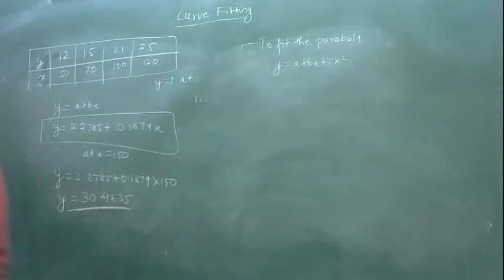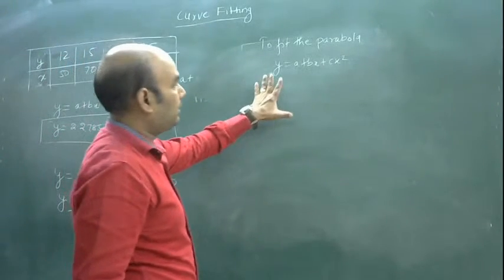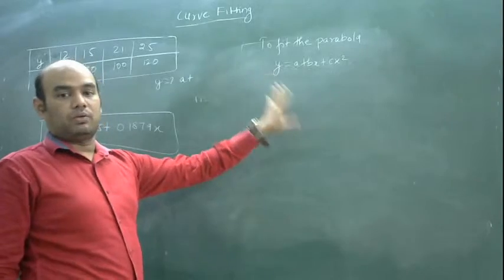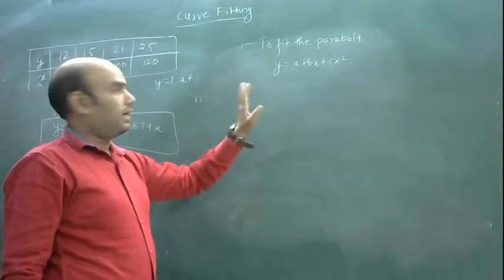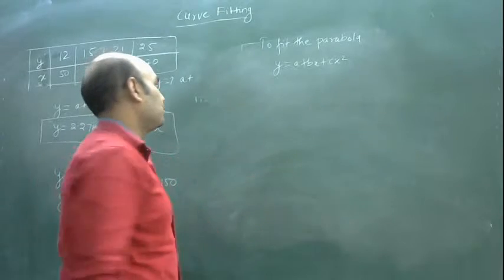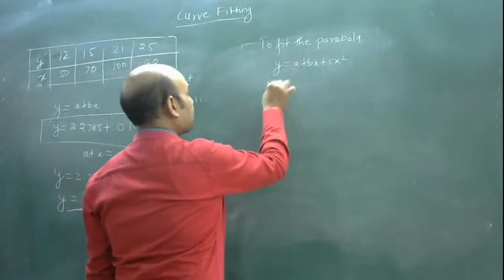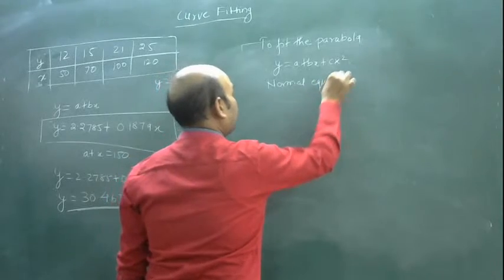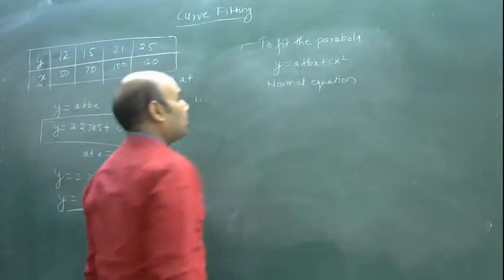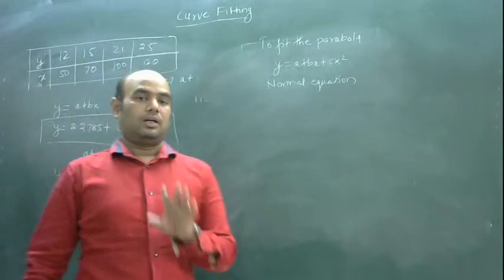So what is the main thing in this least square method? You have to write the correct normal equation, then prepare this table, find the summations, substitute here and find the unknowns. So first we have to see how many unknowns are there. There are 3 unknowns, so we have to write 3